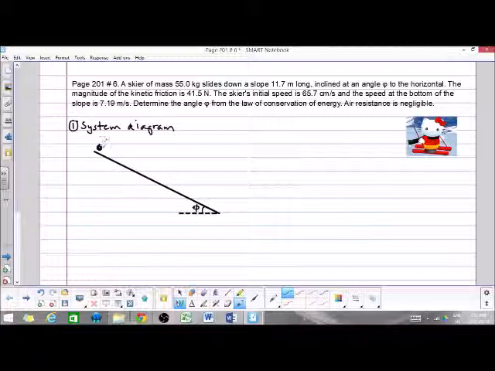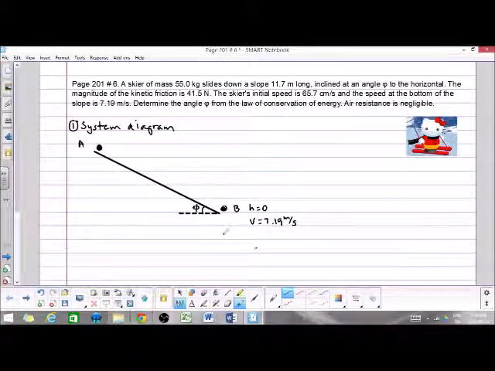Our important positions are at the top and the bottom of the slope, so we'll call those A and B. Down here at B, it's our lowest position, so the height is 0, and we also know that the speed here was given 7.19